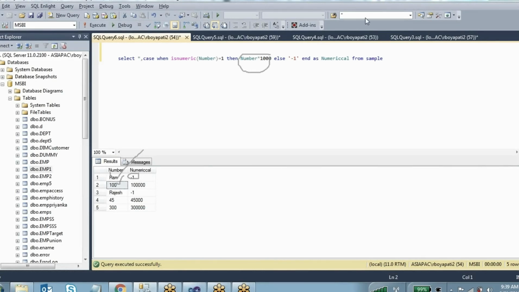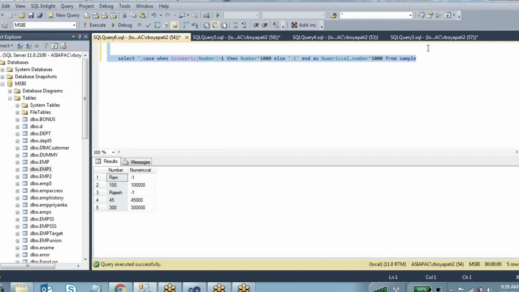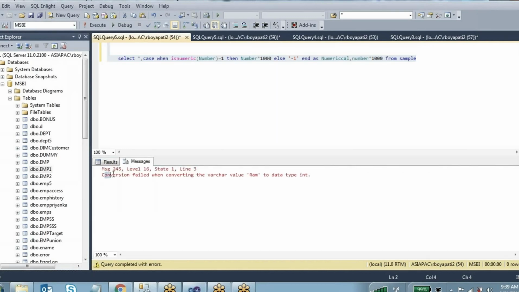Because if you are directly trying to multiply this number column with 1000, what will happen? We'll see, it will throw an error, right? Number into 1000, what will happen? It throws the error: Conversion failed when converting the varchar value 'Ram' to data type int. Because the string value in this column you are trying to multiply with 1000.